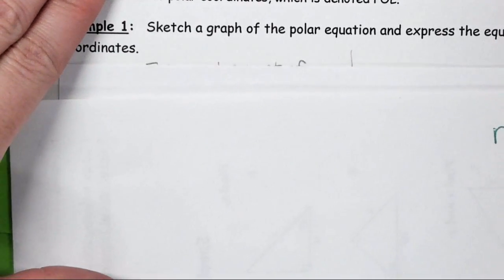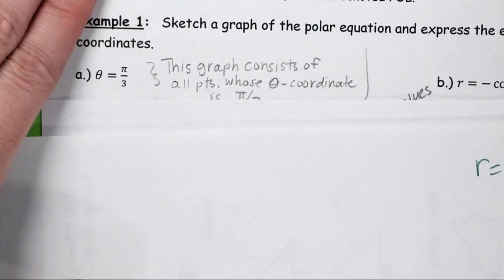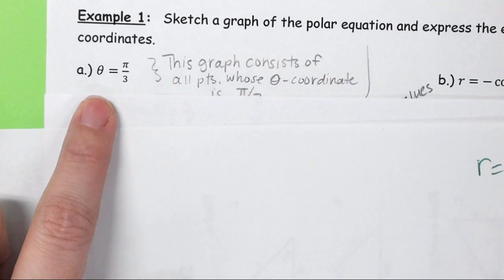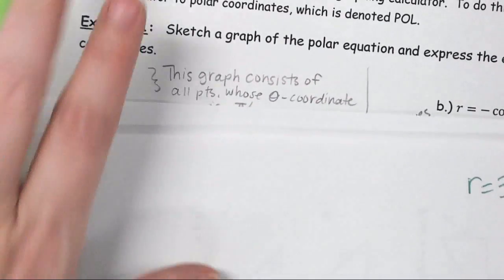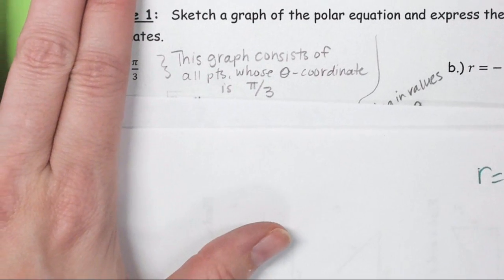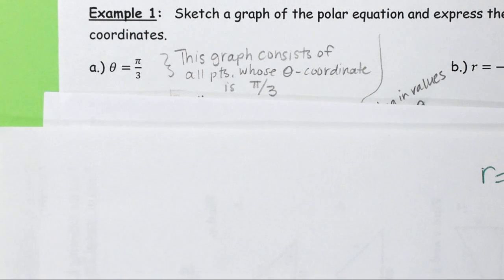So we're going to sketch a graph of the polar equation. And the first one we're given is theta equals pi over 3. So what this means is this graph is going to consist of all the points whose theta coordinate is pi over 3. Okay, so all of the graphs whose theta coordinates are pi over 3. And we're actually going to go straight from talking about this to graphing it before we do the rectangular coordinates because I think that's